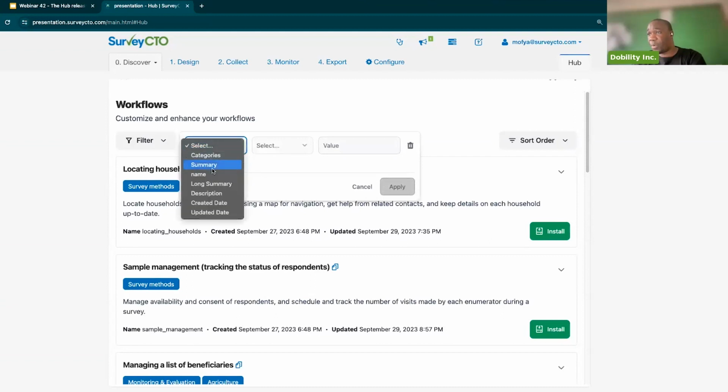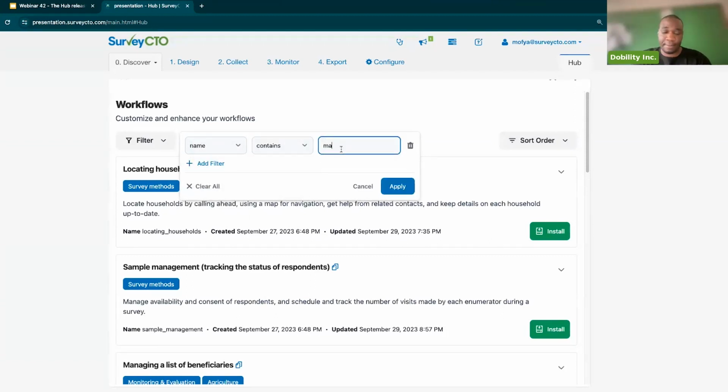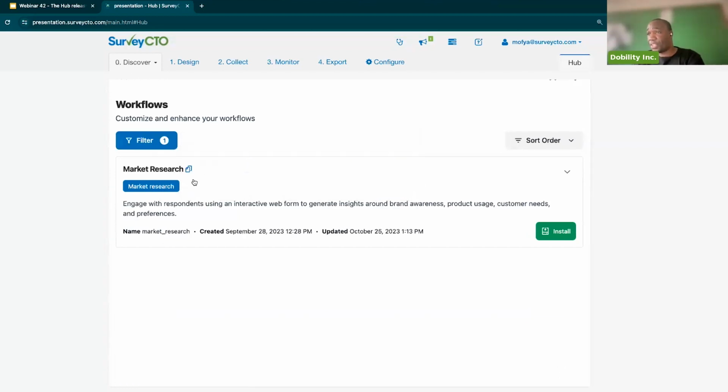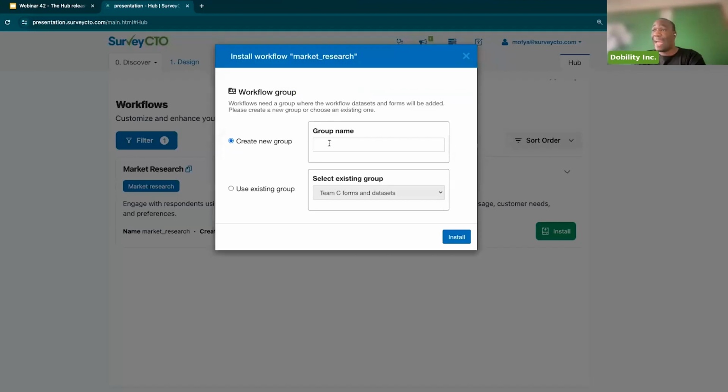Okay, so let's go right ahead and do that. I need to look for a workflow. Let's go contains. Let me say I'm looking for workflow around market research. So we've got this workflow around market research. All I need to do is to come here and click on install. Okay, and it confirms the workflow that I would like to install. So I'll say yes here, and then I